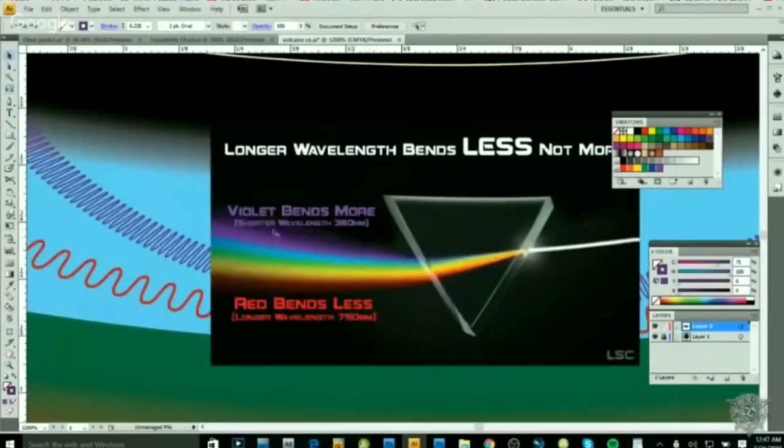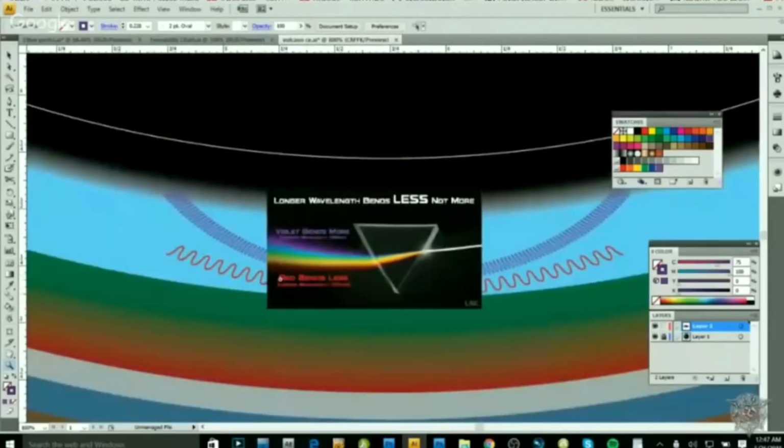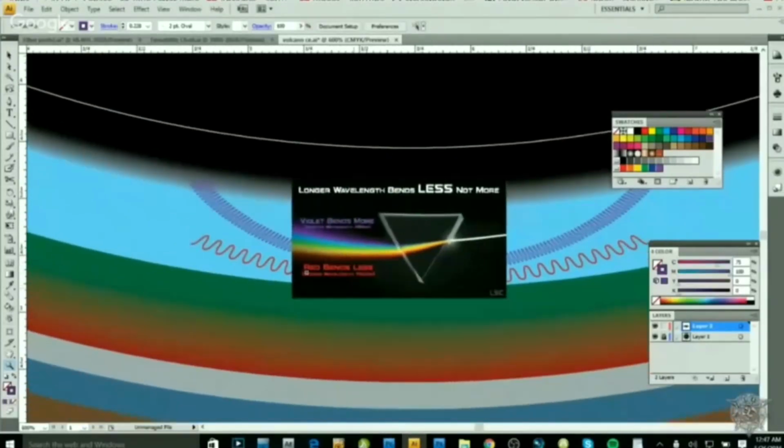750 nanometers versus 380 nanometers. So the shorter wavelength is going to bend up more away from the Earth as opposed to the longer wavelength, and especially when you get into the longer wavelengths like the microwaves and the radio waves. That's why you can see more with infrared waves, which are longer than the reds here. You can see more with an infrared camera than you can with a normal light camera, because it's a longer